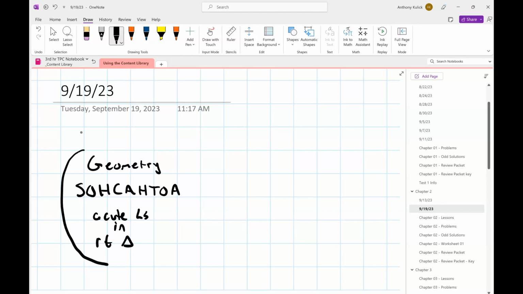So in geometry, we started with SOHCAHTOA, and that was defined for right triangles, or acute angles in a right triangle, right? You couldn't do sine, cosine, and tangent on a non-acute angle. You certainly couldn't do it without a right triangle. Everybody's okay with that idea? Yes, sir. Our order of business in this chapter